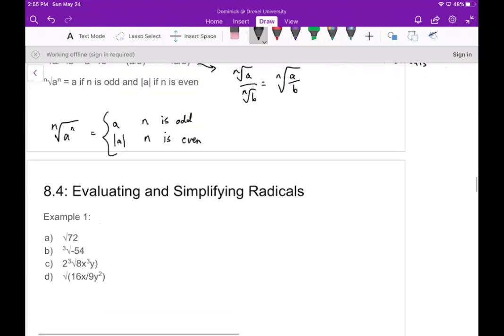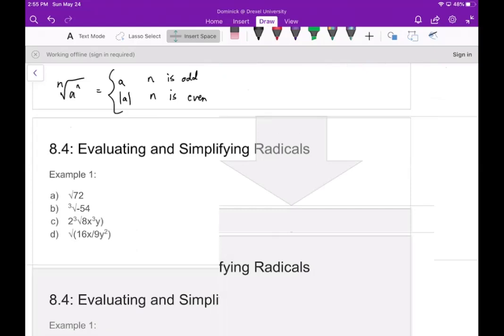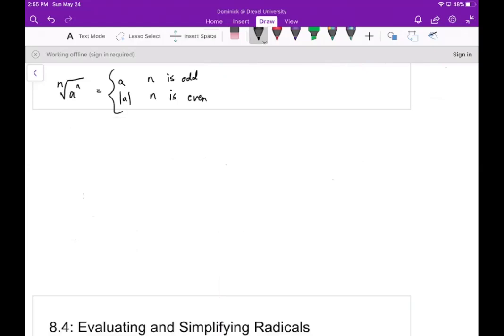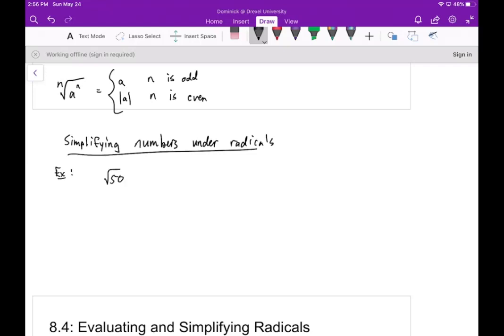Now, I want to give myself a little bit more room here, and I want to talk about how you can simplify numbers under radicals, and we'll do an example as we go. So let's say we have something like the square root of 50. Now the goal